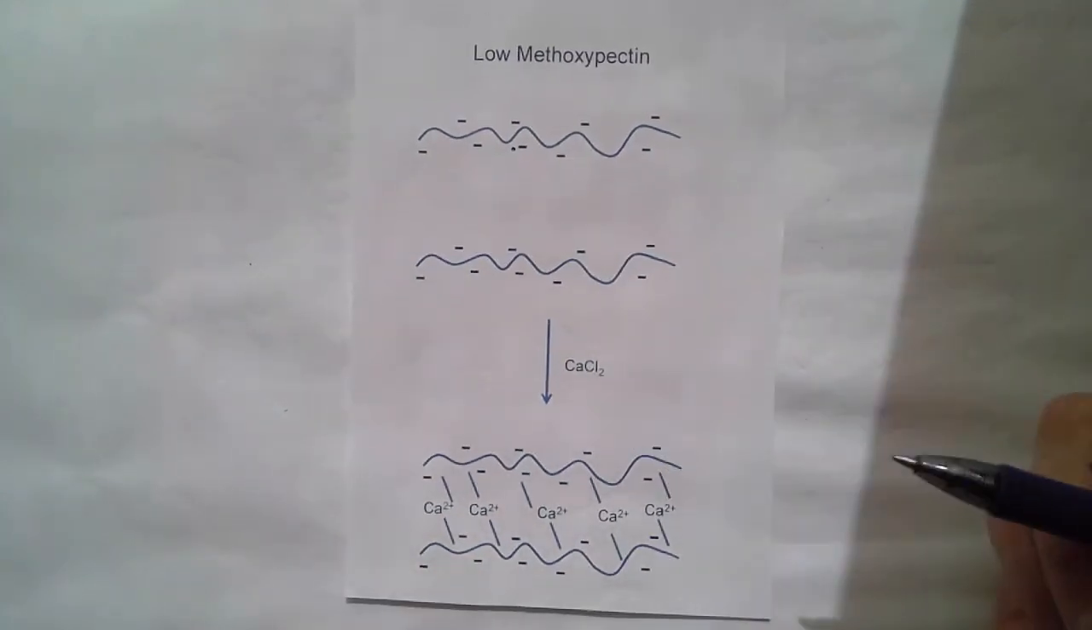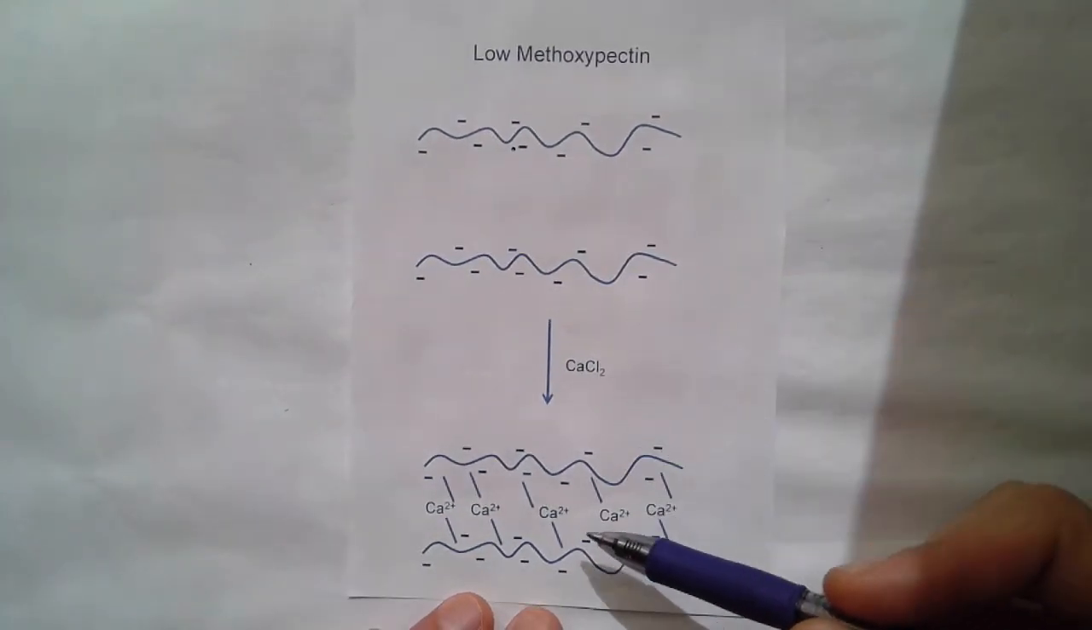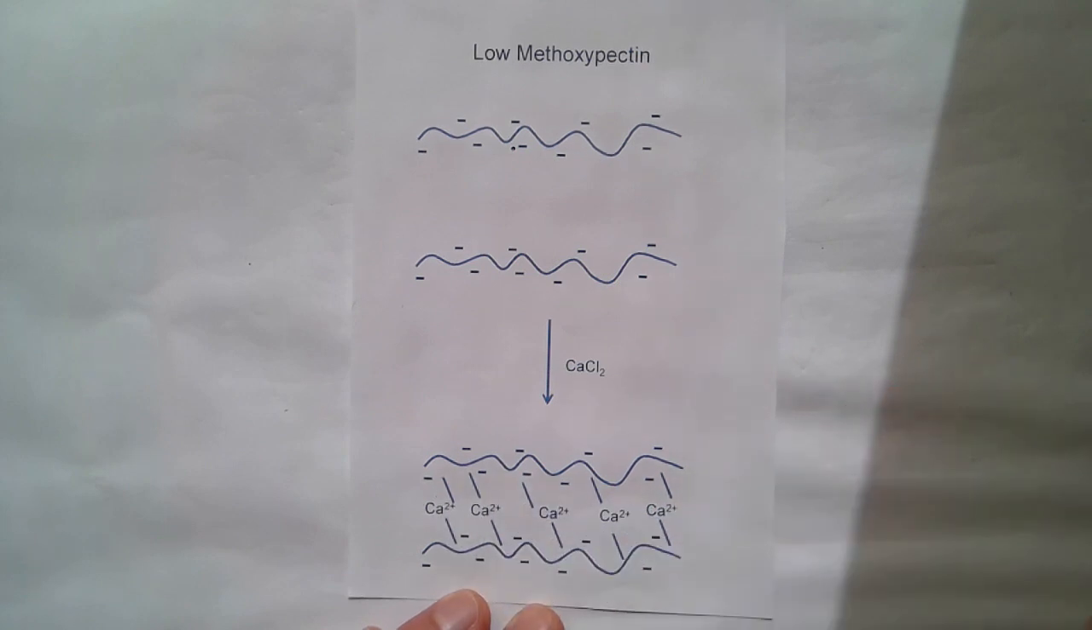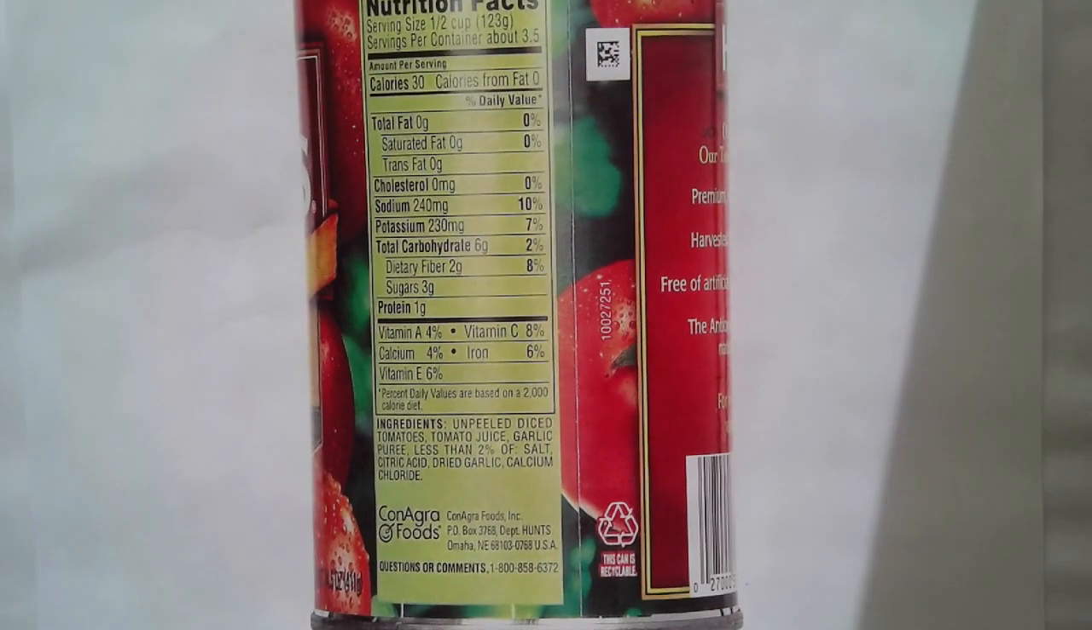If we add calcium to that system, now we can form a lot more of these crosslinks. So if you've ever gotten a can of tomatoes, looked at the ingredients and wondered why there is calcium chloride added, this is the reason why. We're adding calcium chloride really for the calcium, and that calcium is used to bridge pectin molecules that have negatively